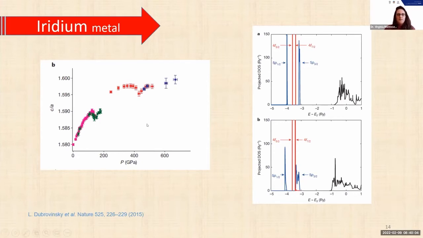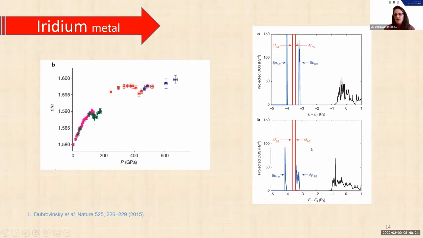And here you see the pressure evolution of the c/a ratio of the structure of osmium. And this discontinuity was associated with an electronic topological transition, but this one